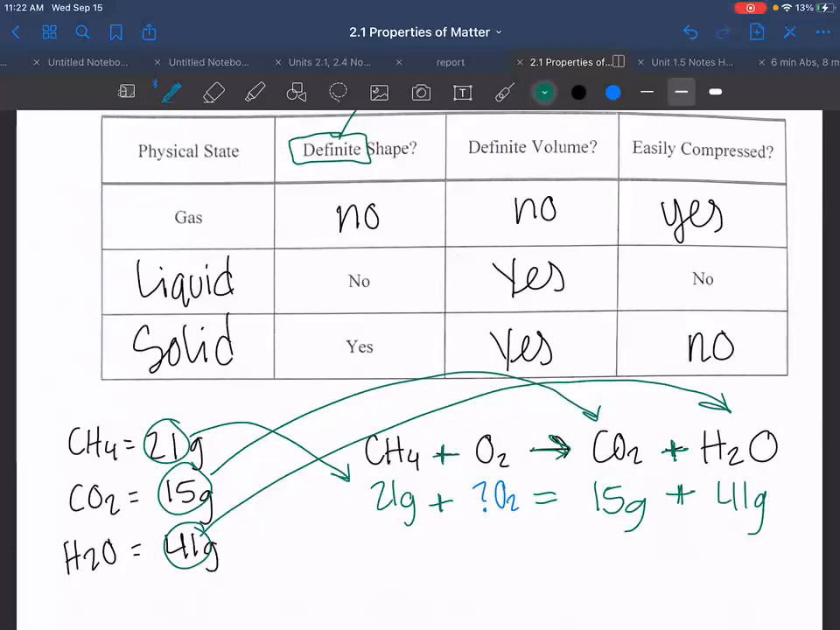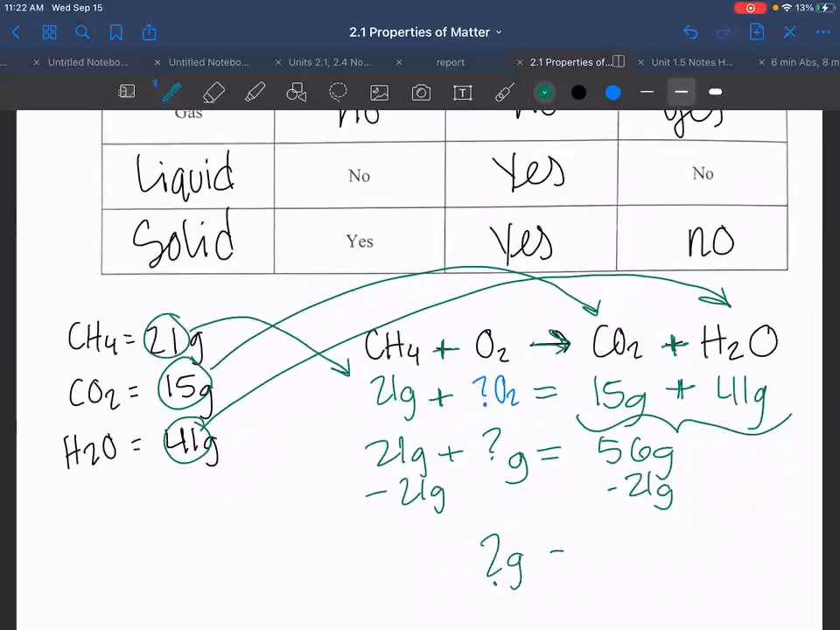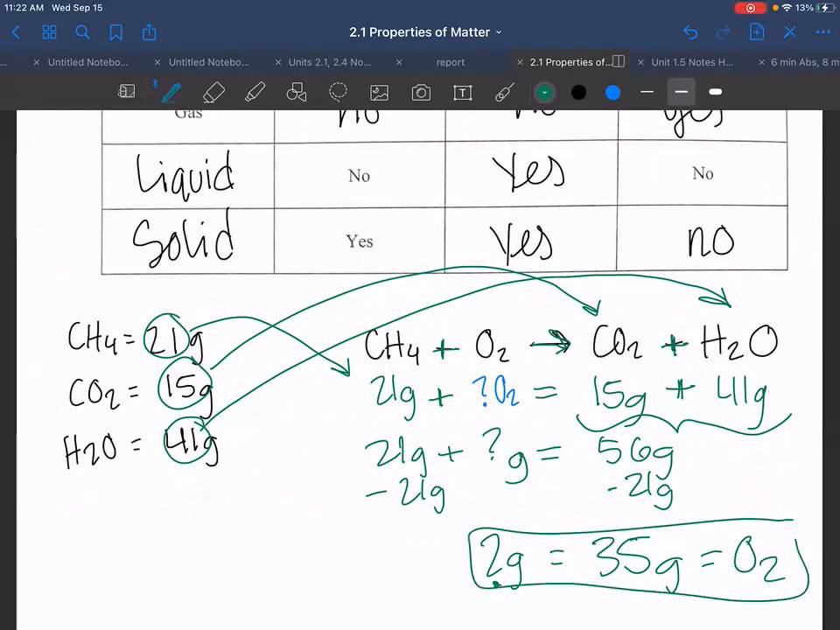So solving for that, you get that 15 plus 41 is 56 grams. So that's what your products equal. And we have 21 grams plus our unknown. Subtract 21 grams from both sides. That gives us that our unknown amount of grams, the question mark down to number 2, is equal to 35. So that's your oxygen. Any questions there? All righty. So you guys